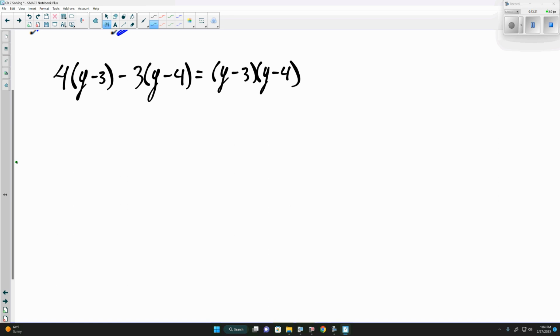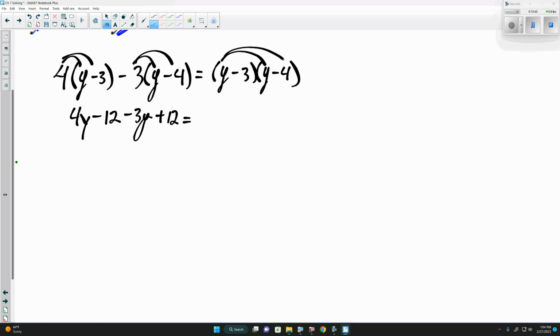Questions on this here? Now I'll need to distribute this here. We'll distribute the 4. 4 times y is 4y. 4 times negative 3 is negative 12. We'll distribute the negative 3. Negative 3 times y is negative 3y. Negative 3 times negative 4 is going to be plus 12, is equal to, here we can do the same